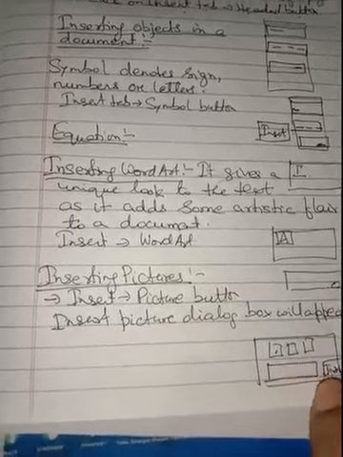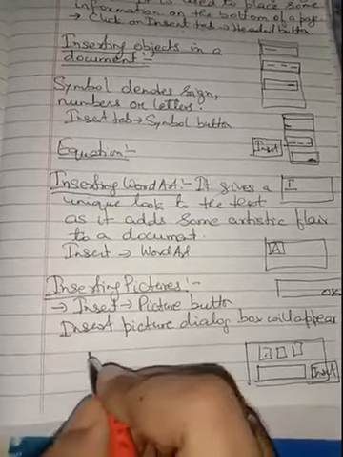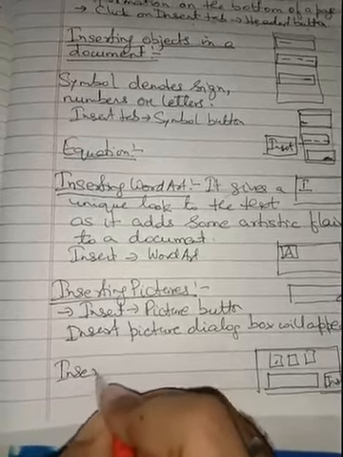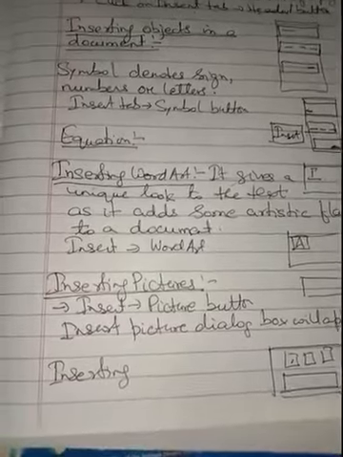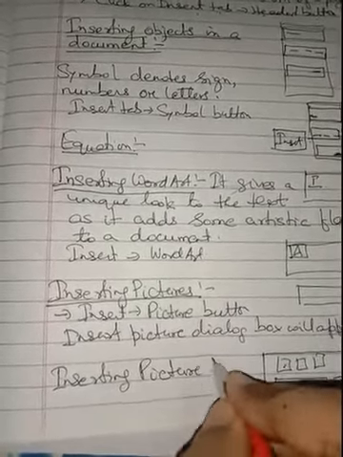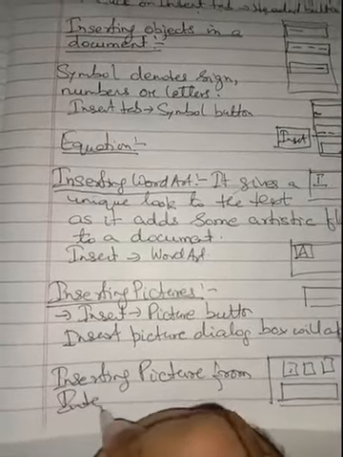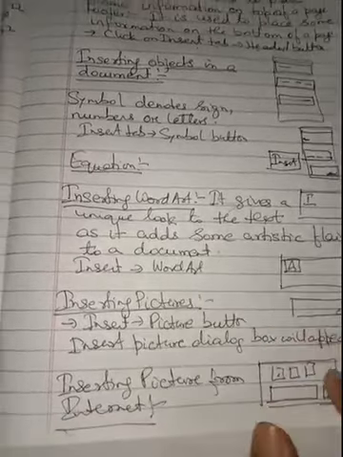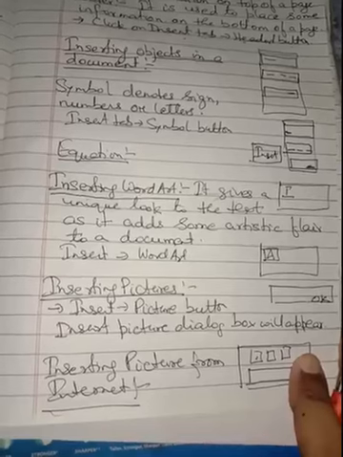The next topic that we are going to discuss is inserting a picture from the internet. We have to follow some methods for inserting the picture.